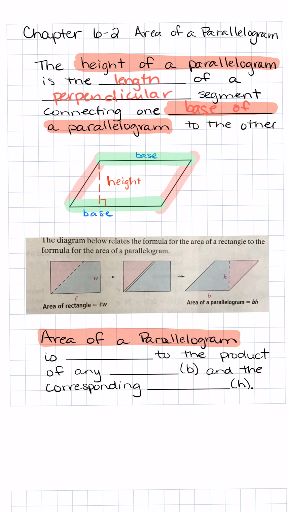So what it's saying is that you need to find the length of the perpendicular. A perpendicular line is a perfect T. Okay, so this line right here is perpendicular to the base, right? This is the baseline. This line is perpendicular. And if you knew that height and the base, we would be able to find the